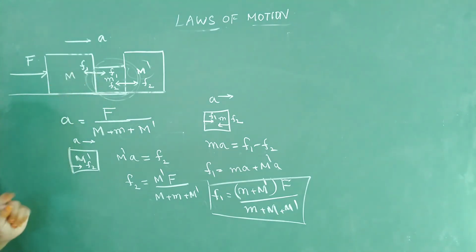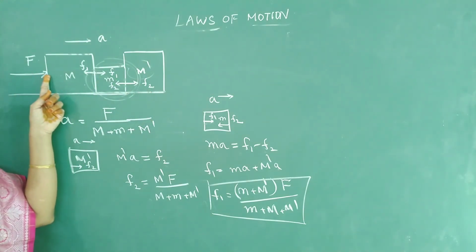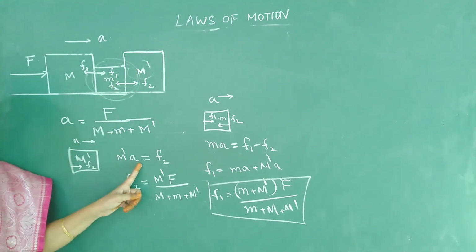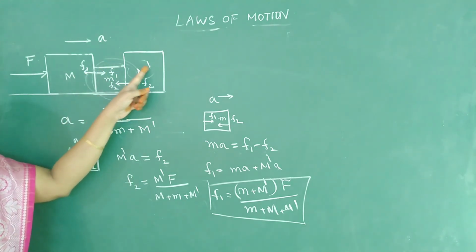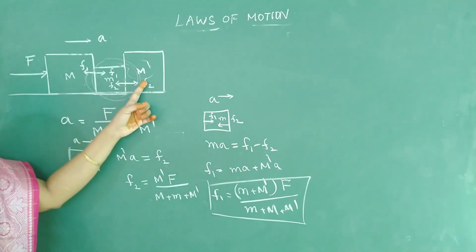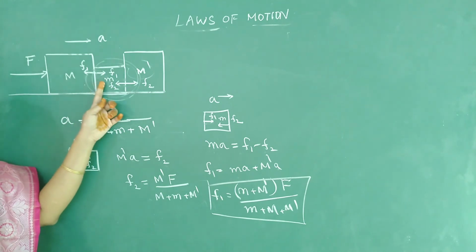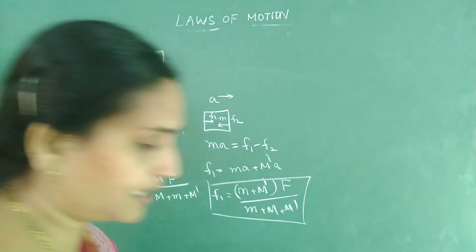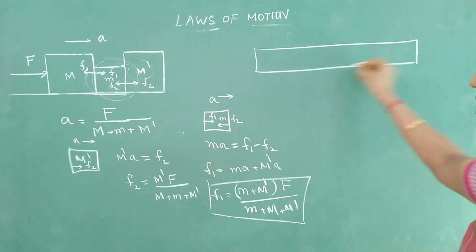Now just observe one simple logic here. If you have three blocks and you are applying the force F, we got the contact force F2 as this mass into acceleration. Whereas what about the contact force F1? It is m dash plus small m into acceleration. So when you are applying the force this side, contact force on the last block is the mass of the last block into acceleration. The block before is the sum of these two masses into acceleration. Now using this logic, tell me what is the contact force